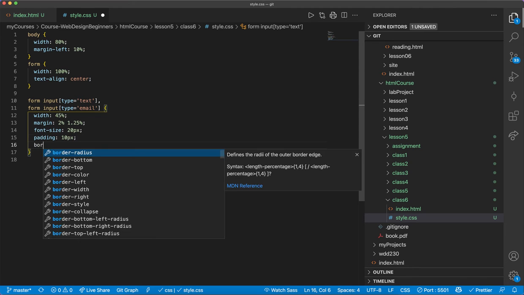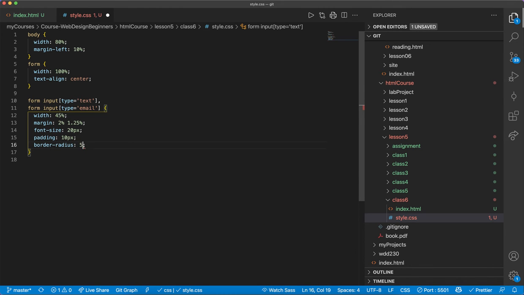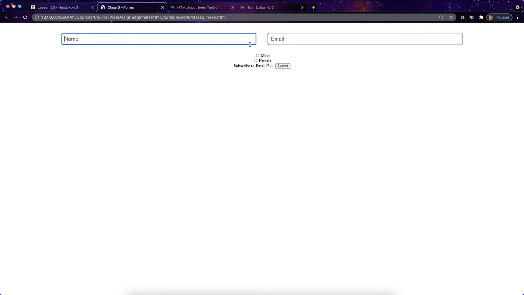Let's add a border radius, and we'll say 5 pixels just to round those out a little bit, make them look a little bit smoother. Okay, those look really nice. All right, now let's go ahead and say